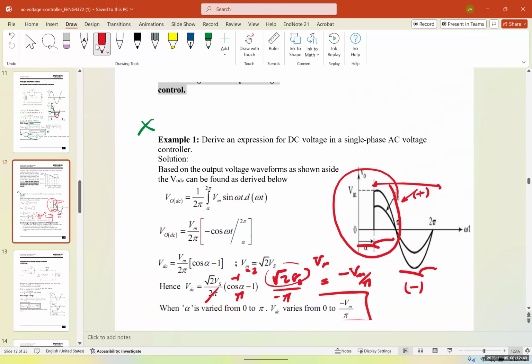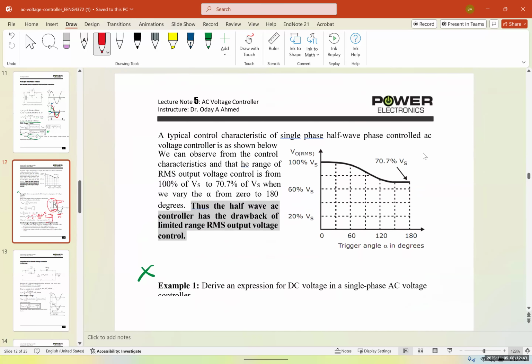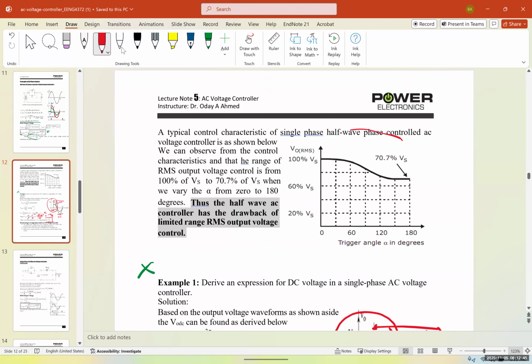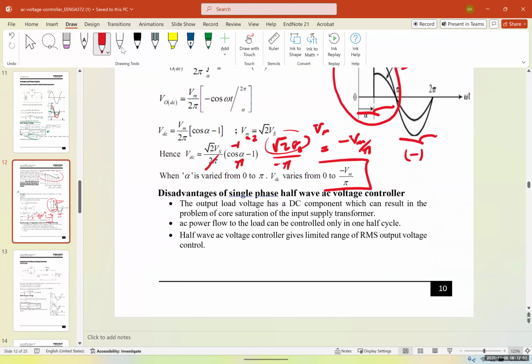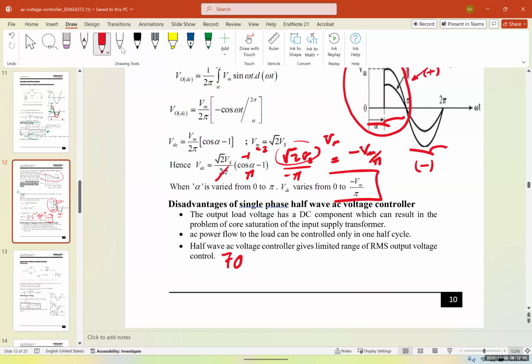And the final problem that we have is that we have limited control over the RMS voltage. As you saw here, we can only change the RMS output between 100% and 70%. So we can control it between 70.7% to 100%. So if in the exam a question comes up asking what are the limitations or disadvantages of half-wave single-phase AC voltage controllers,